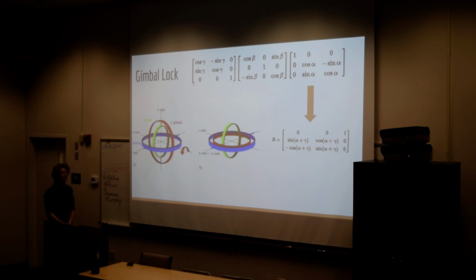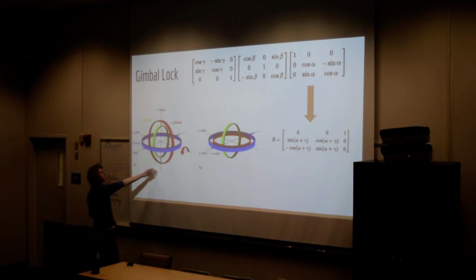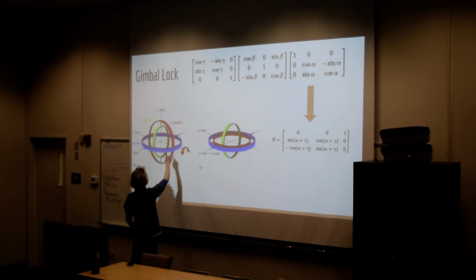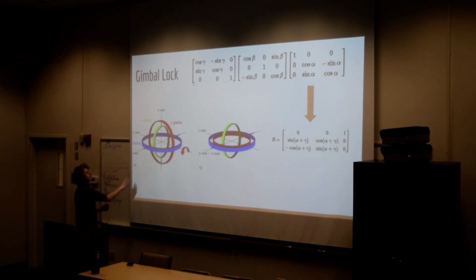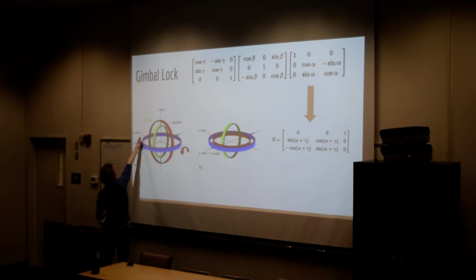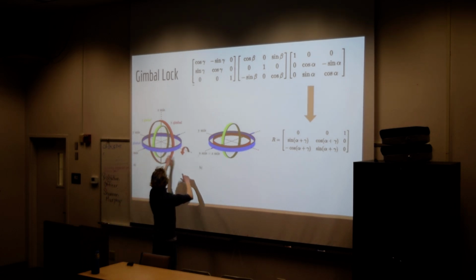What gimbal lock is, is essentially the alignment of two gimbals or axes together. If you compute it out, we've basically lost a degree of freedom, we've lost one way to rotate. If we take a look at this example here, and the math correlates with this example, we have our x-axis, y-axis, and z-axis here. And what's happening between here and here is